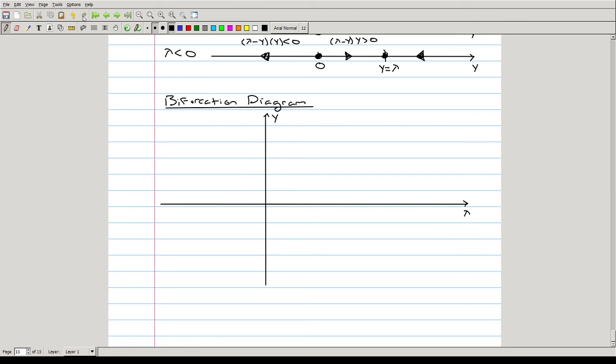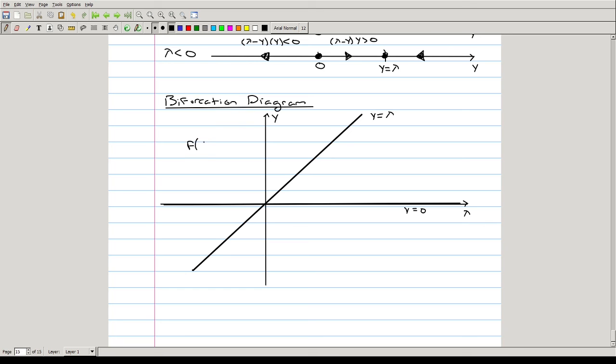And on this bifurcation diagram, we're going to have two curves. The first one is going to be the curve at y equals 0. And the second curve is going to be the curve y equals lambda. And this is where things become a little bit more clear, because we can see that